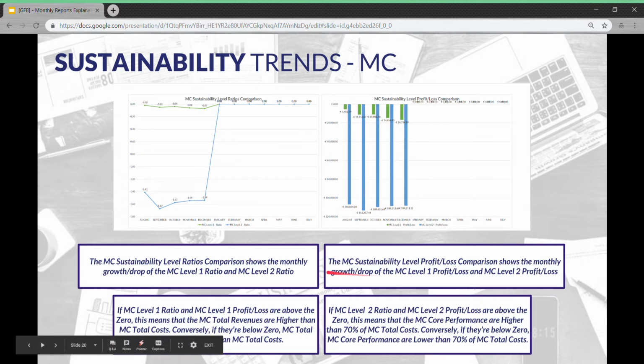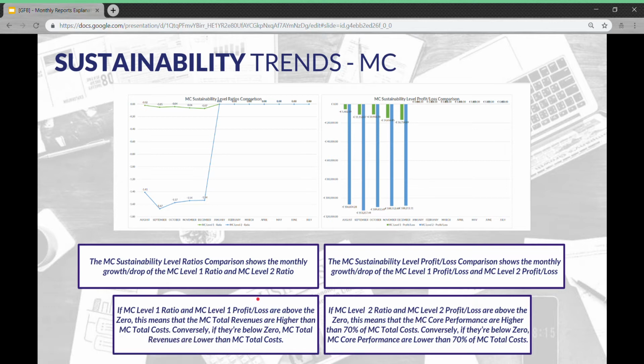For MC, it is a similar version as the one in LC in terms of level 1 ratio, level 2 ratios, and profit and loss as well, but just different in terms of the formula itself. So in terms of MC level 1,